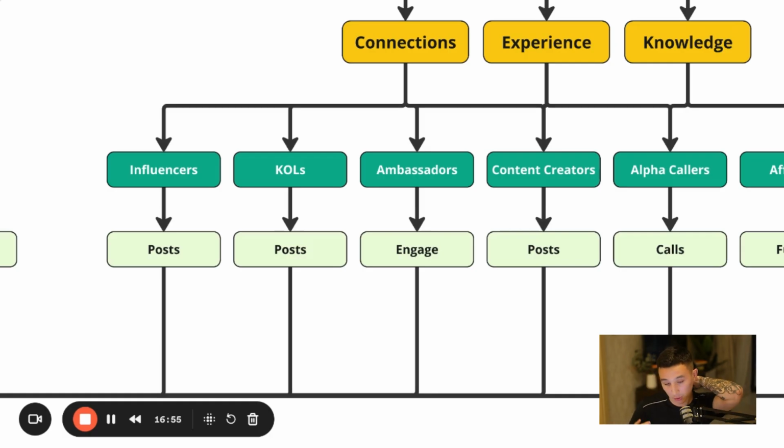And the ambassador's position inside your project should be to like, retweet, and comment on all of your posts you publish during their agreed time frame. So if an ambassador is onboarded for 1 month, that's what they do for 1 month every single time you upload something. If it's 1 week, same thing. And they should also be creating organic content about your project on their timeline for their followers. So it's kind of like KOLs and influencers, but at a micro scale, and will deliver so much social proof